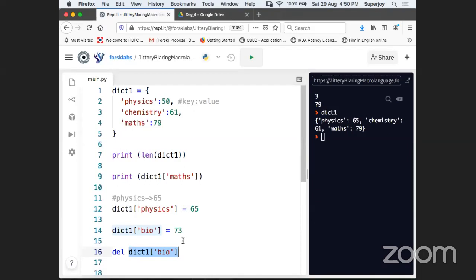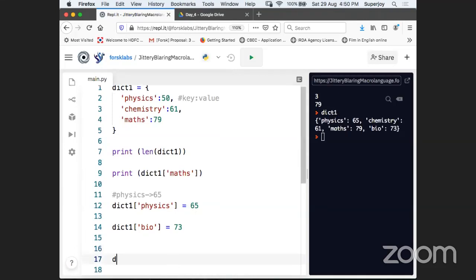Okay, a couple of things, guys. Satish, yes, you can replace. That means, let's say you are not happy. So if I remove this statement, you will see that you have got a record bio equal to 73. We got a record dict1, see, bio 73. You can change it.